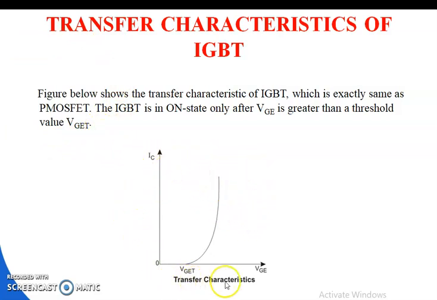So now this one is a characteristic curve known as the transfer characteristic curve. It is the curve drawn between the collector current IC versus VGE, the gate to emitter voltage. The curve is initially 0, and at a particular moment when the IGBT attains the threshold voltage, the collector current starts increasing, and finally it just keeps increasing, running parallel to the collector current axis.